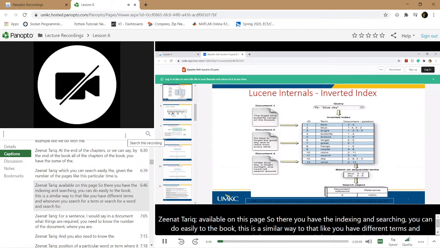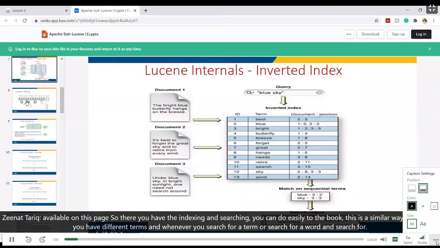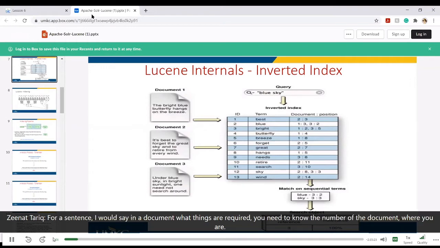This is similar, like you have different terms, and whenever you search for a term, a word, or a sentence in a document, what things are required?